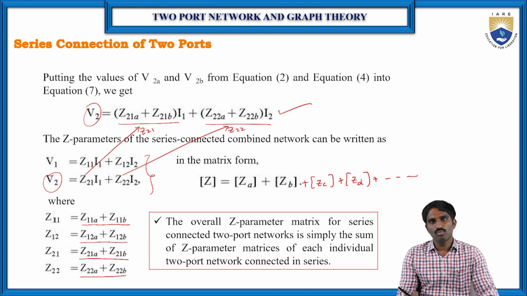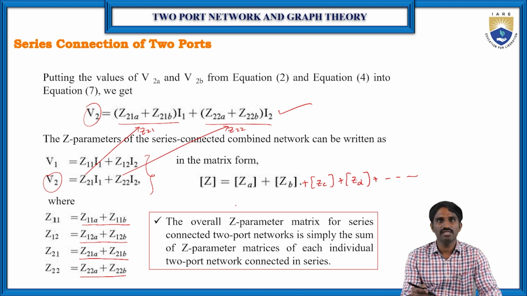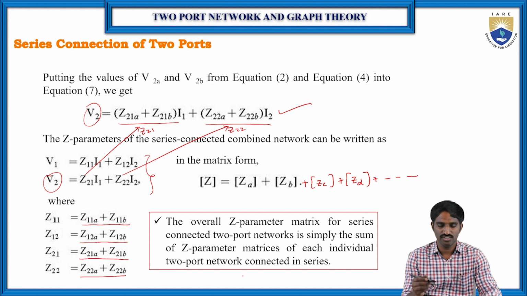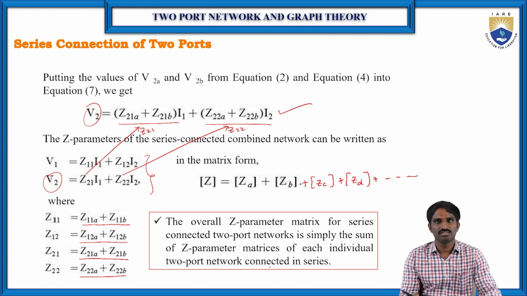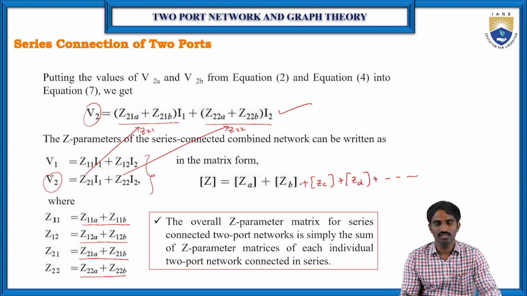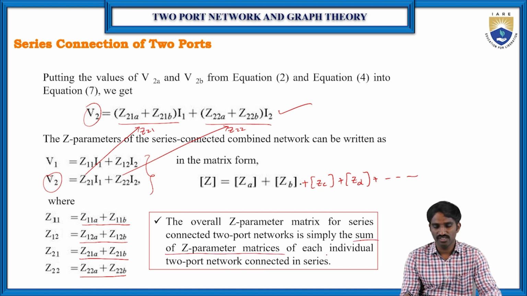So if two or more networks are connected in series, then the resultant network Z parameters are the sum of the individual network Z parameters. Which means Z is equal to ZA plus ZB plus ZC plus and so on. So that is what here: the overall Z parameters matrix for the series connected two-port network is simply the sum of the Z matrices of each individual two-port network connected in series,